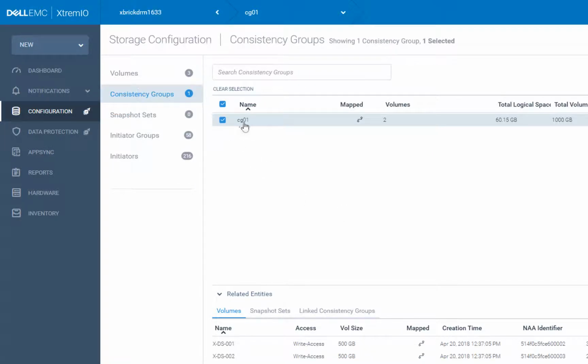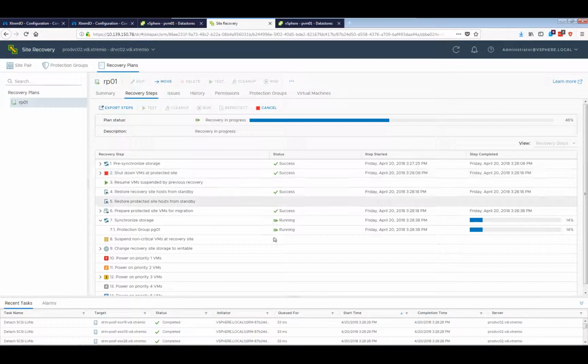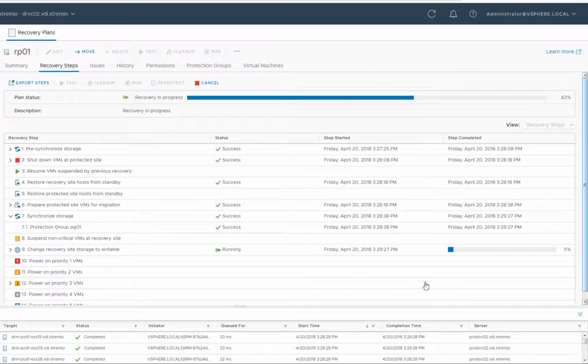And if we go to the consistency view tab, we can actually see that these volumes are already in a write access mode. Let's go back to the Site Recovery Manager UI. Indeed, we can see that it's in this phase right now, changing the storage at the remote site to become